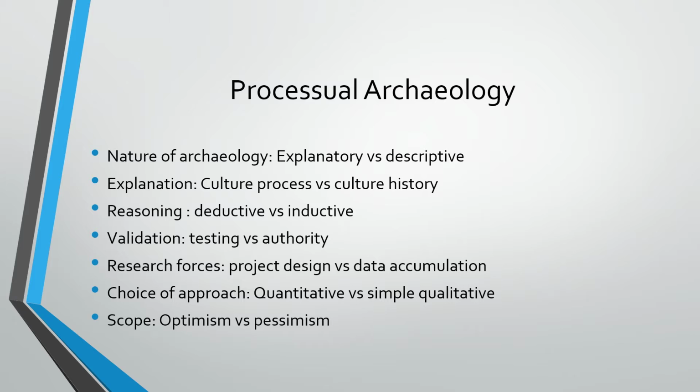And this involved explicit theory, essentially explaining, or trying to explain, what's happening. Then we have explanation, so it's a cultural process rather than a cultural history. This progression is about seeing why things are happening. Traditional archaeology was seen to rely on historical explanation, but new archaeology draws on the philosophy of science, which would think in terms of cultural process, how changes in economy and social structures took place, which implies sometimes a bit of generalization, but also detail.